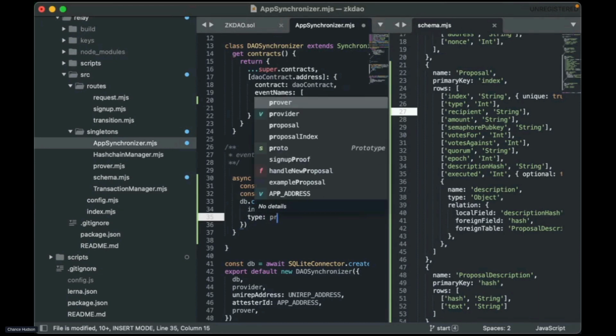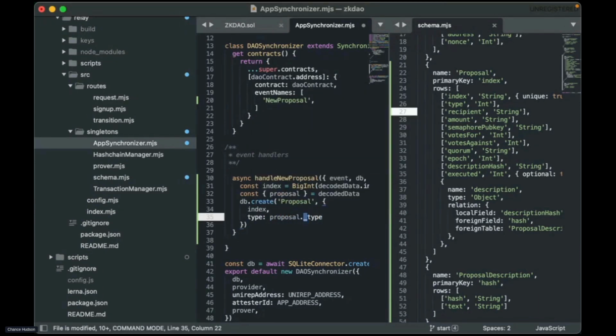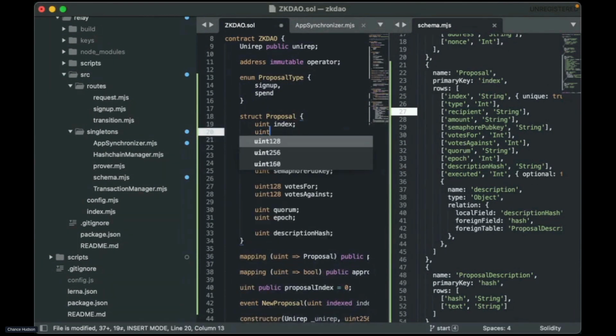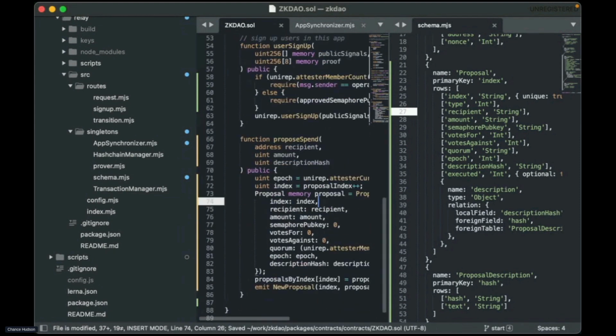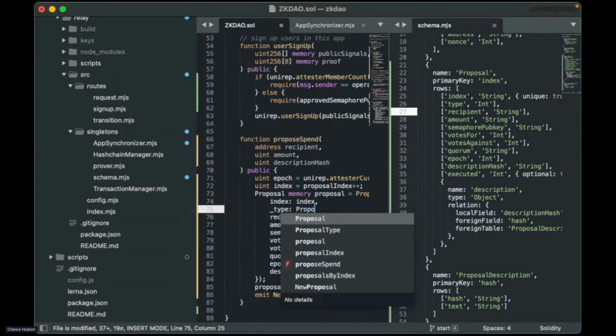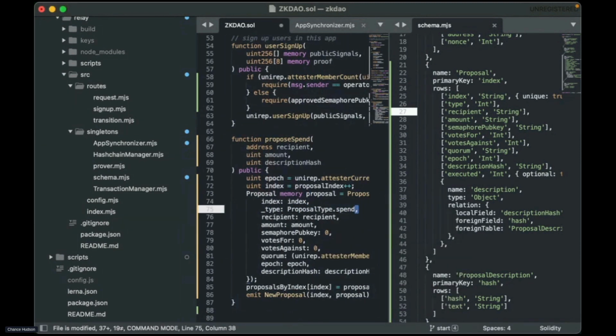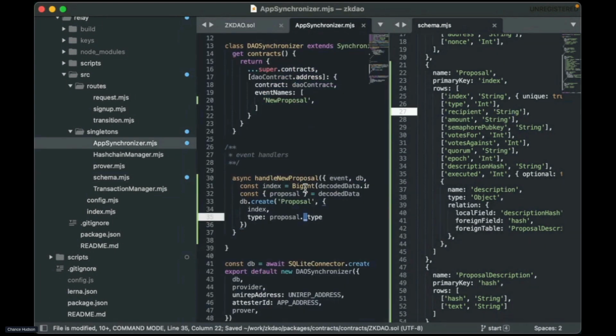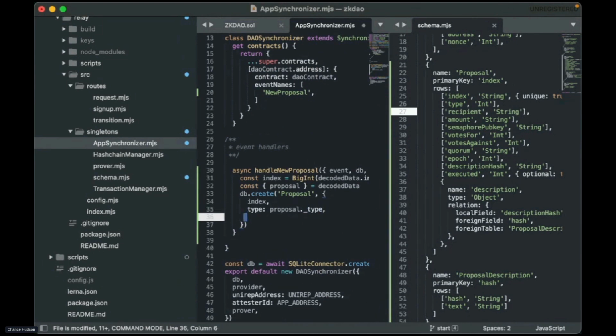So we need the type, which is proposal. Oh, this needs to be an underscore actually. Oh, I didn't even store it here. Cool. So event underscore type. And here we're going to set the spend proposal. Okay. Proposal underscore type. I'm actually going to reference the stuff I already wrote to make sure that I encode these things correctly.